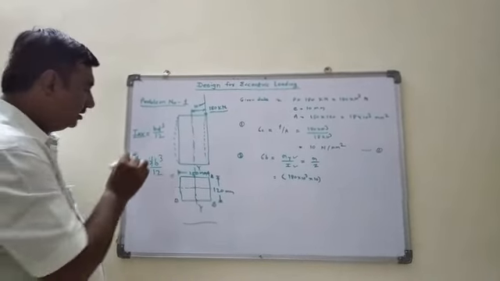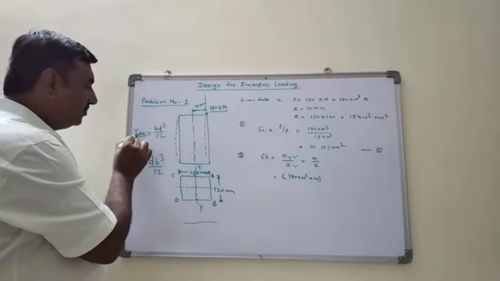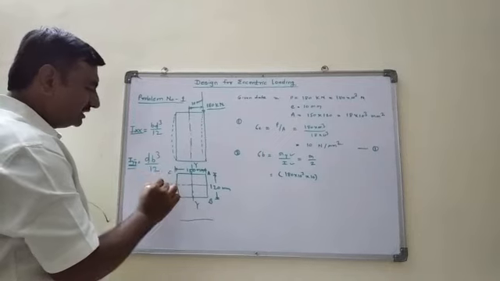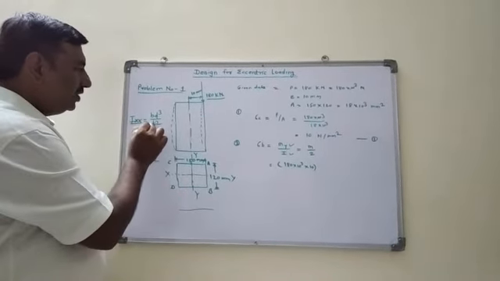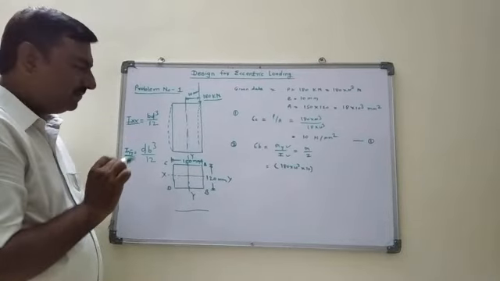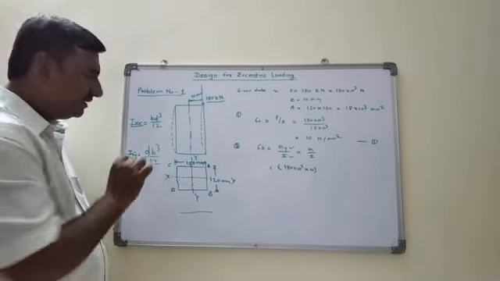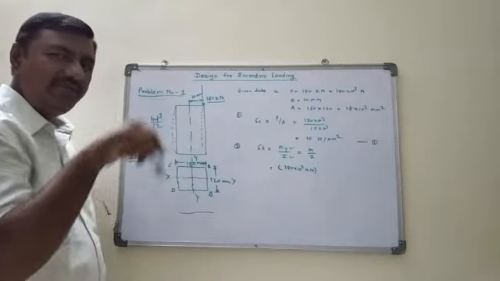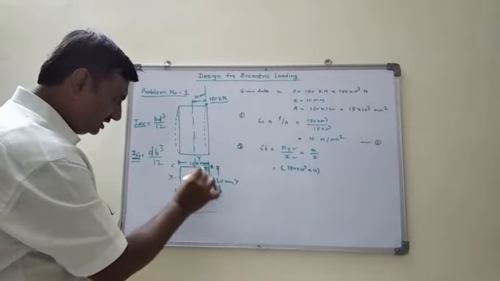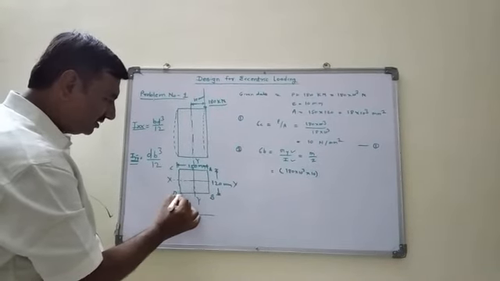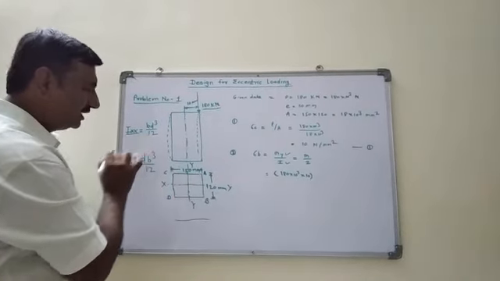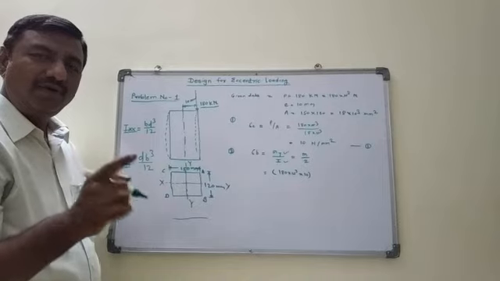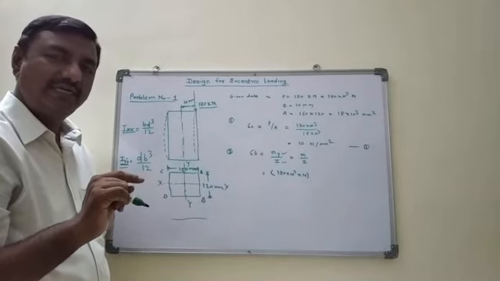See here, whenever we have to calculate the moment of inertia about the x axis, then it is bd cube by 12. This is a simple formula. Remember, with a short trick, b means horizontal and d means vertical. So in this cross section, the horizontal distance is b and the vertical distance is d. Like this we can calculate the moment of inertia about the xx.